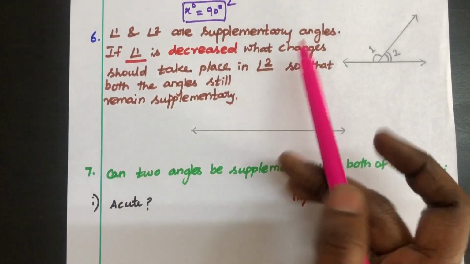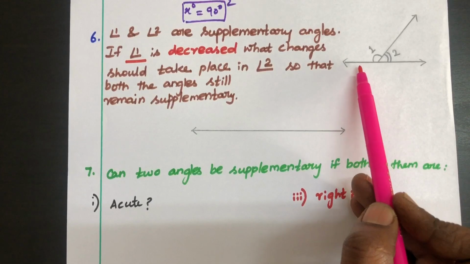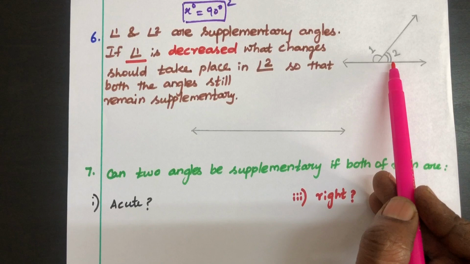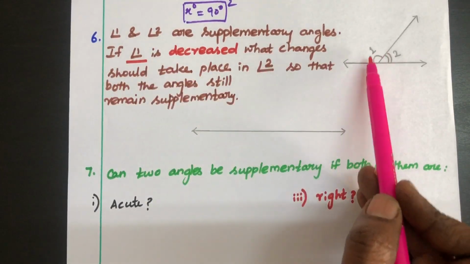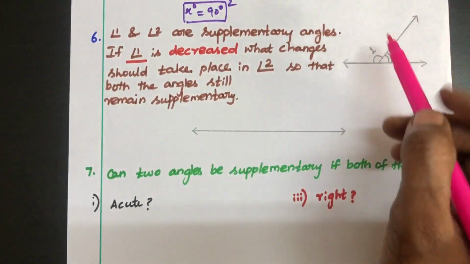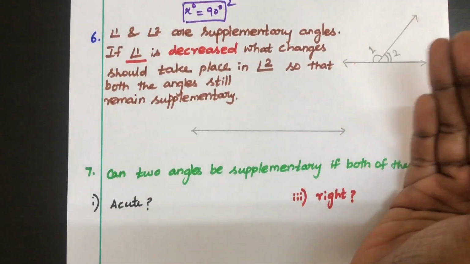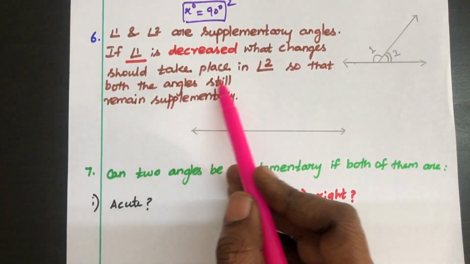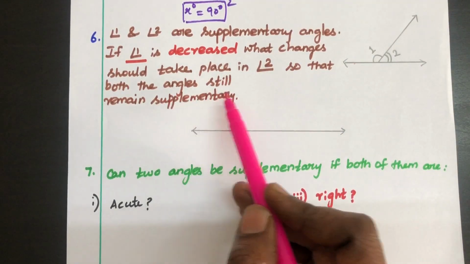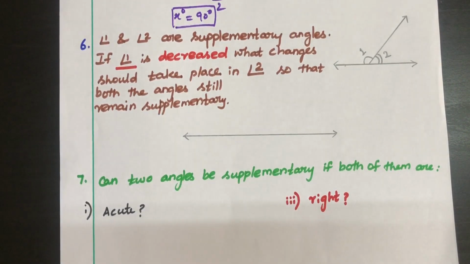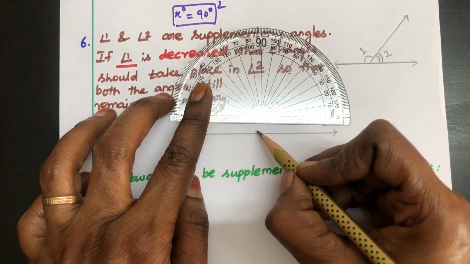1 and 2 are supplementary angles. See, supplementary angles, that means adjacent angles. If you add the angles, it will give you 180 degree. If one is decreased, if you shrink its place, what changes should take place in 2 so that both the angles still remain supplementary? See, before getting into this, just understand that if you have a straight line,